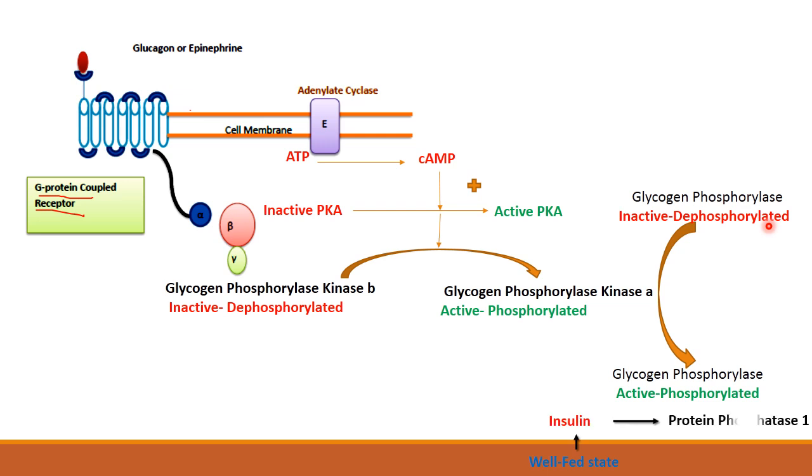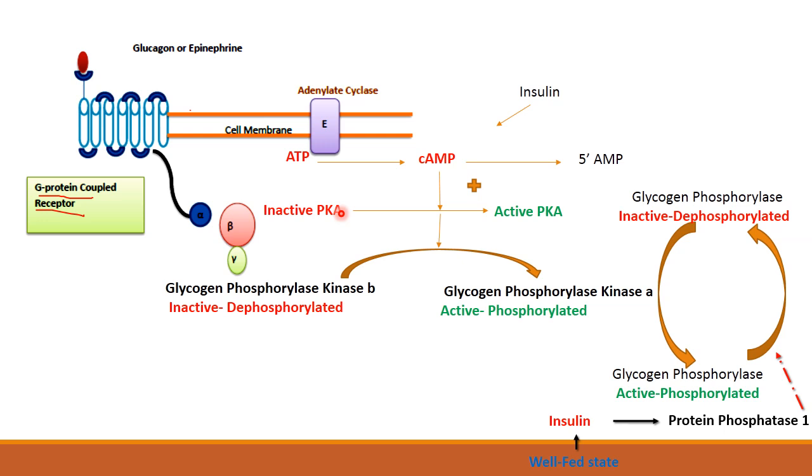So what will happen? In the well-fed state, there is increased insulin in the body. This insulin will act on protein phosphatase 1. And what will this protein phosphatase 1 do? It will act on the phosphorylated form of glycogen phosphorylase and dephosphorylate it, so it will be deactivated. Moreover, cyclic AMP is the key regulatory second messenger that will activate the protein